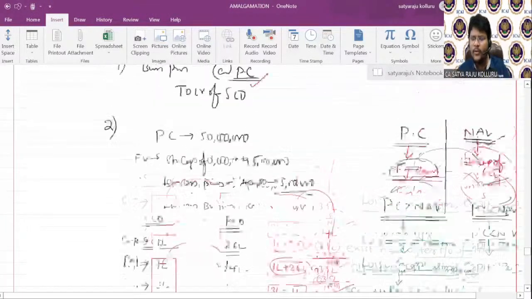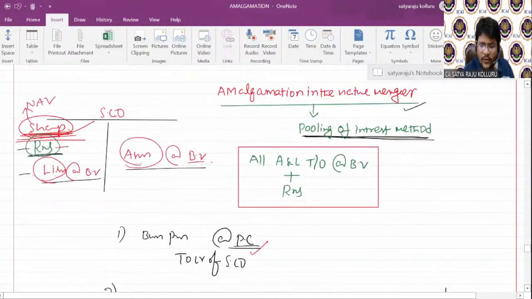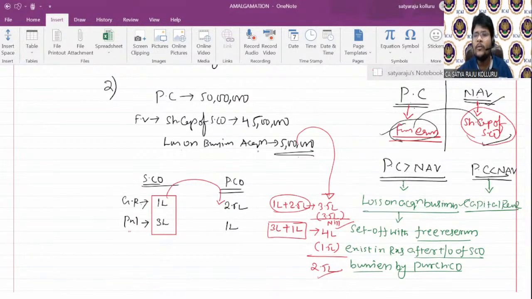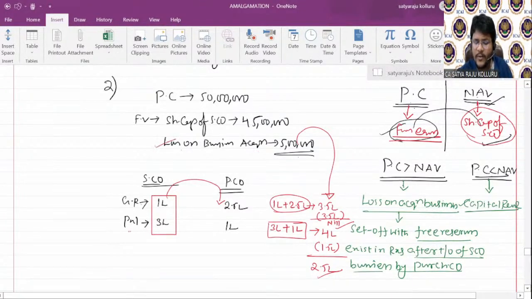But one thing you need to remember here, guys: if any statutory reserves are there under the reserves and surplus in the books of the selling company, you should not utilize the statutory reserves to set off the loss on business acquisition, because statutory reserves are not free reserves. Why do you need to maintain the statutory reserve? As per a specific act you are maintaining it, so how can you treat such reserves as freely available for distribution of dividend? That's why statutory reserves are restricted reserves. You should not utilize statutory reserves to set off such loss on business acquisition.